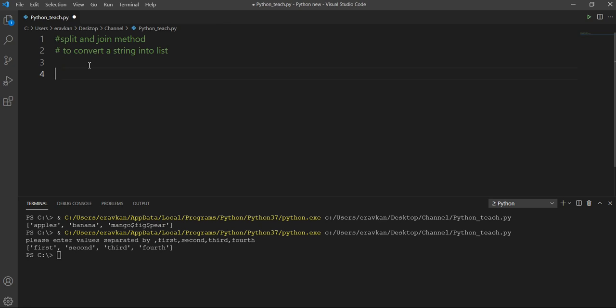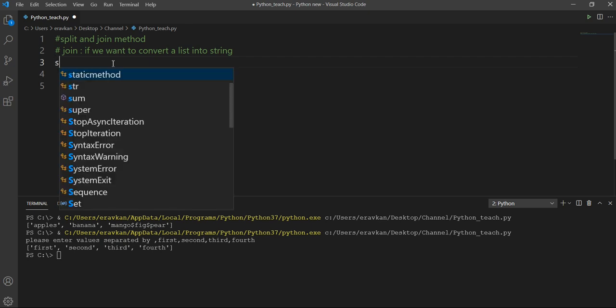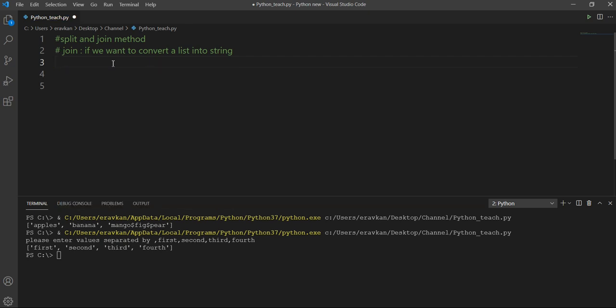So split is used when we have to convert a string into a list. Then we have the join method. The purpose of the join method is the opposite. It means if we want to convert a list into a string, then we use the join method. In case of join you need a separator.